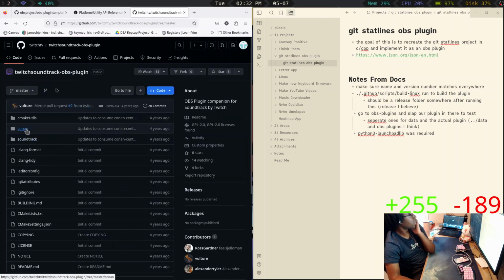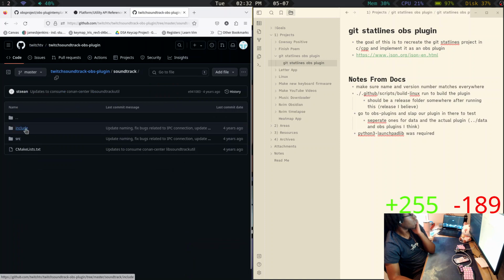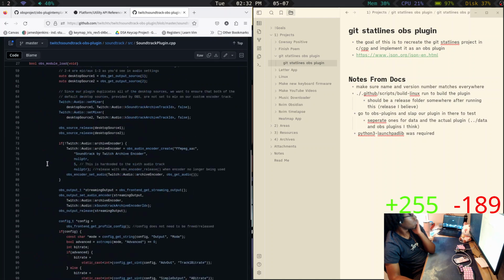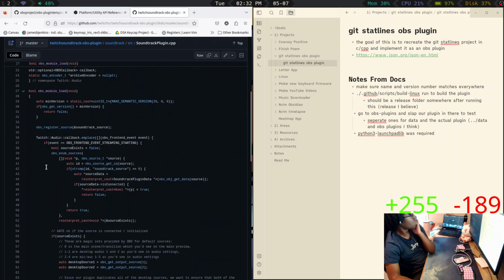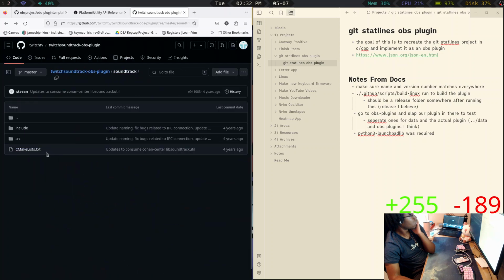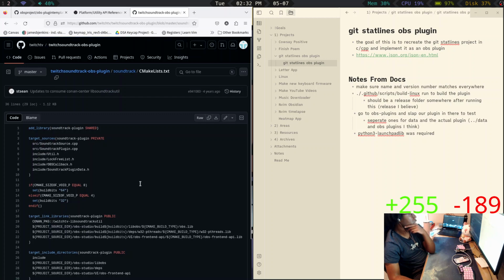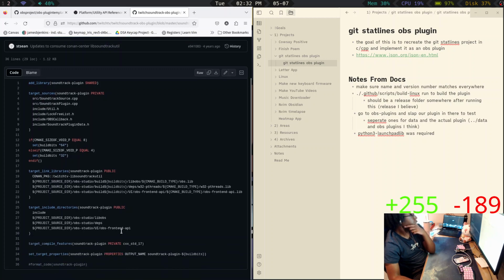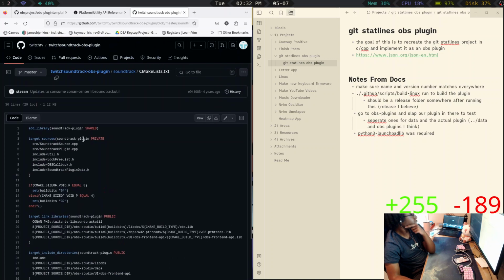Let me see how they did theirs. Did they change anything in here? Oh, theirs is so much smaller. What the fuck?